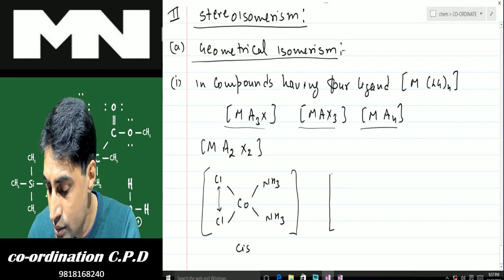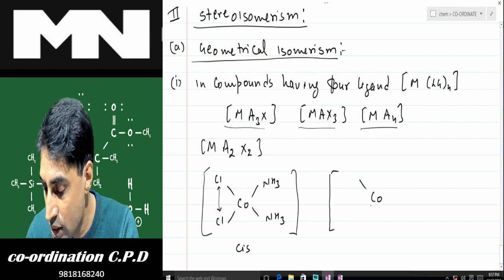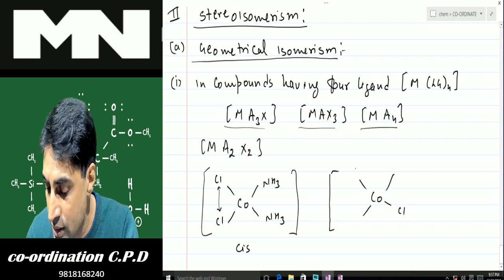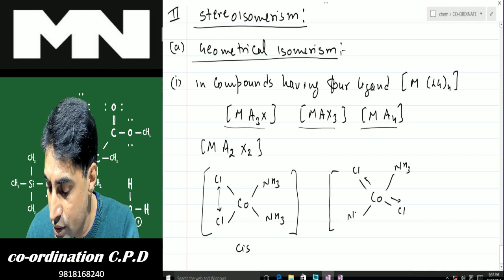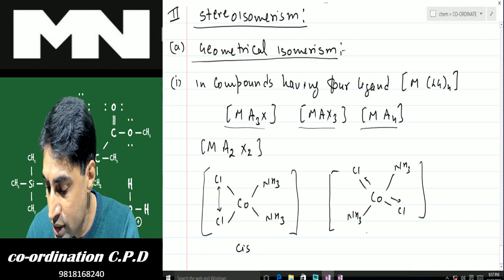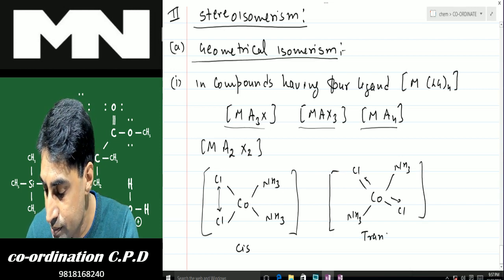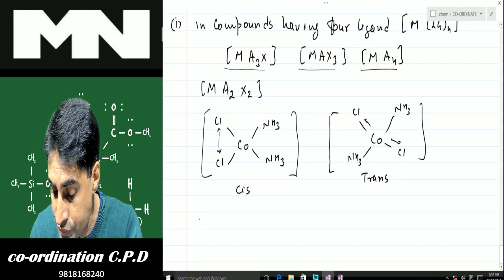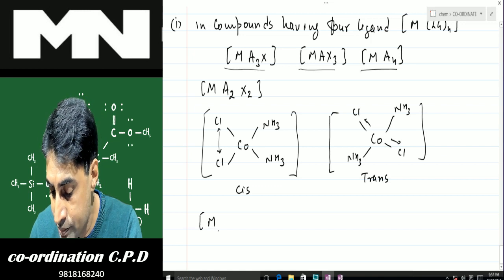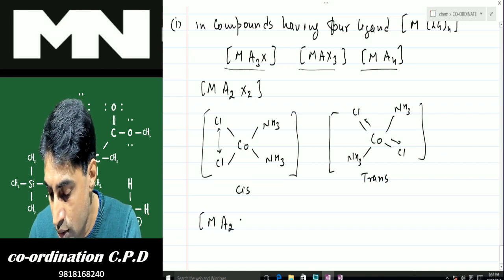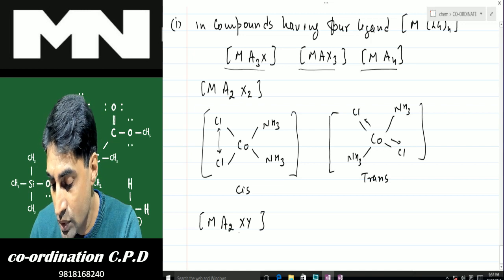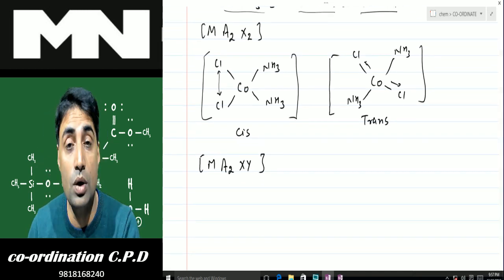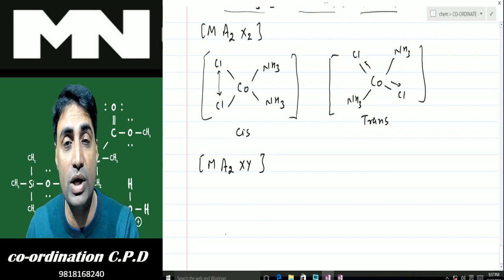Likewise, Co with 4 positions, NH3, NH3, Cl, Cl. Like groups, they are on the opposite side. Same goes for NH3 also. So they are trans. You can also have compound like MA2XY. In such compound, although you have got 2 different type of ligand, that is X and Y, but you have